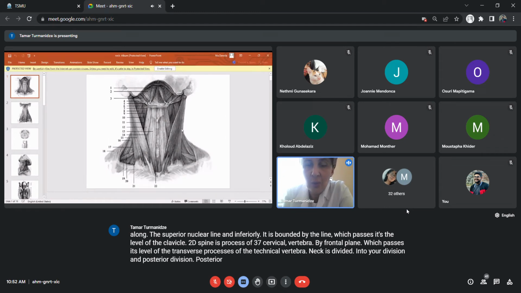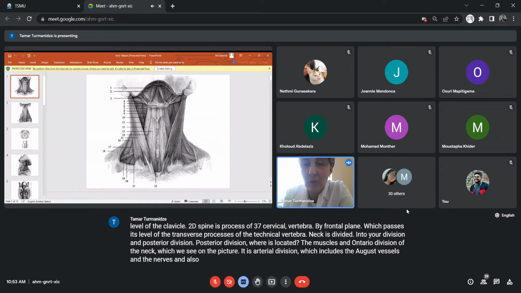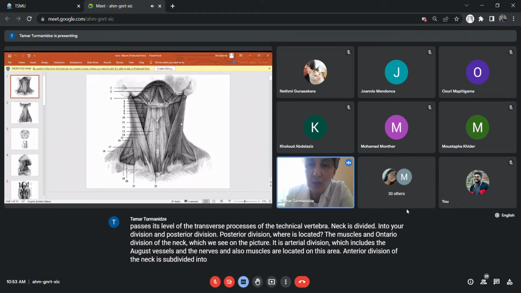Posterior division is where the muscles are located, and then the anterior division of the neck, which we see on the picture. It is the anterior division which includes the organs, vessels, and nerves, and also muscles are located in this area. Anterior division of the neck is subdivided into 3 regions. We have medial triangle of the neck, lateral triangle of the neck, and